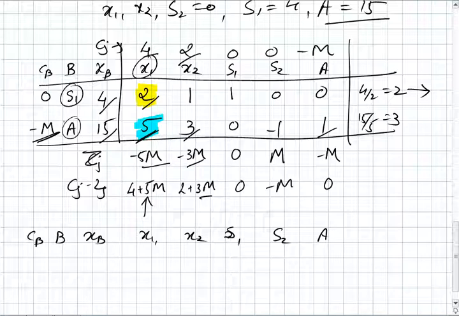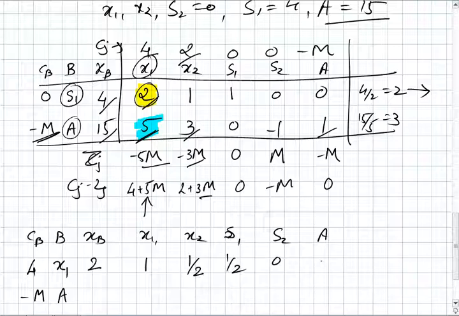Since a is still in the basis, we keep it there. Here s1 is replaced by x1, so in the basis we have x1 and a. The coefficient of x1 is 4, the coefficient of a is minus M. Now to make this entry 1, we divide by 2. So 4 by 2 is 2, 2 by 2 is 1, 1 by 2 is 1 by 2,